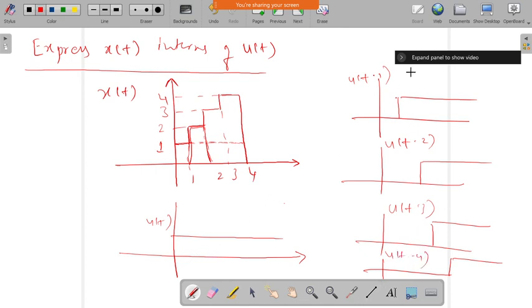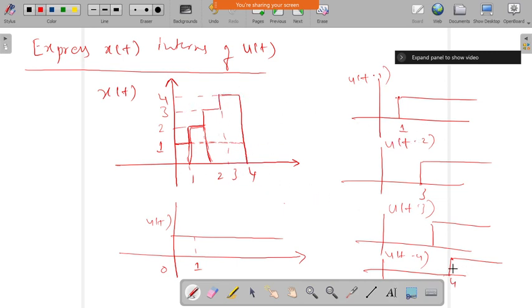If I add all these things, from 0 to 1 the value is 1. Again at 1, what will happen? 1 plus 1, you will get 2. Again at 3, 1 plus 1 plus 1, you will get 3. And at 4, you will get 1 plus 1 plus 1 plus 1. All these 4 signals added together give the amplitude value 4